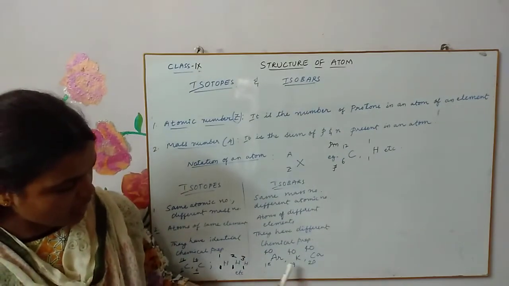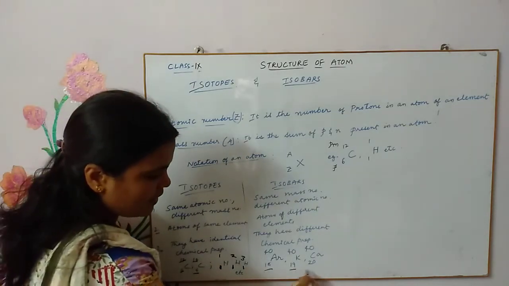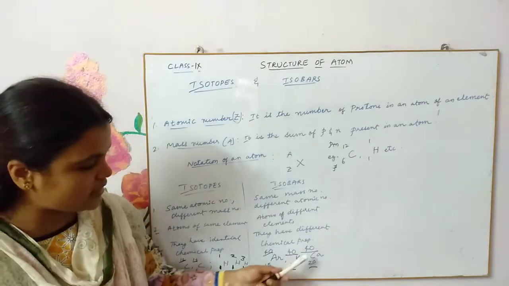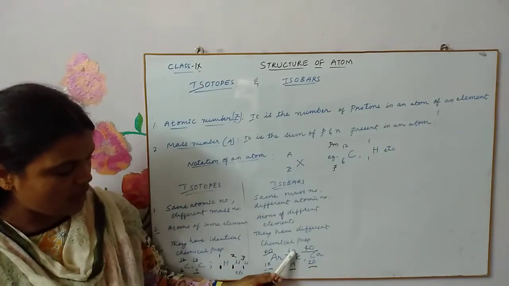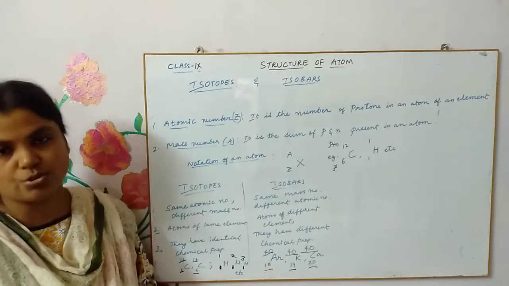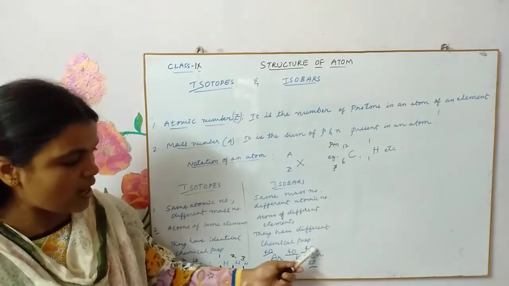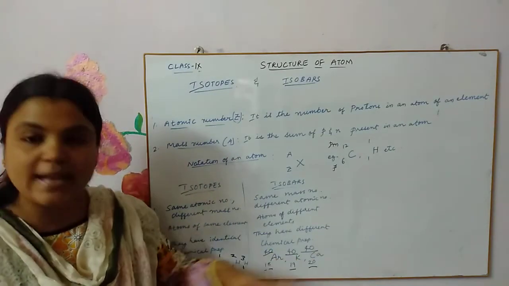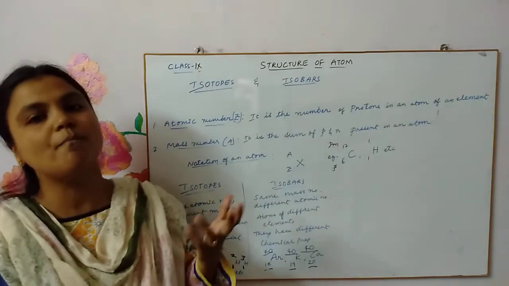Examples, can you see here? Argon, potassium, calcium. The atomic numbers are different but the mass numbers are the same. You see here, 40 minus 20, 20 neutrons are present, 40 minus 19, 21 neutrons are present, 40 minus 18, here 22 neutrons are present. So this led to the mass numbers becoming identical here. So the elements are different but they have the same mass numbers. That's why they are called isobars, children.